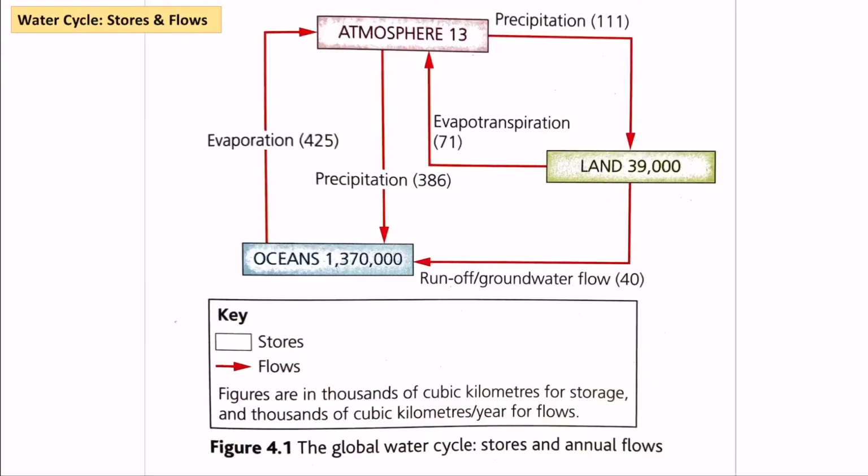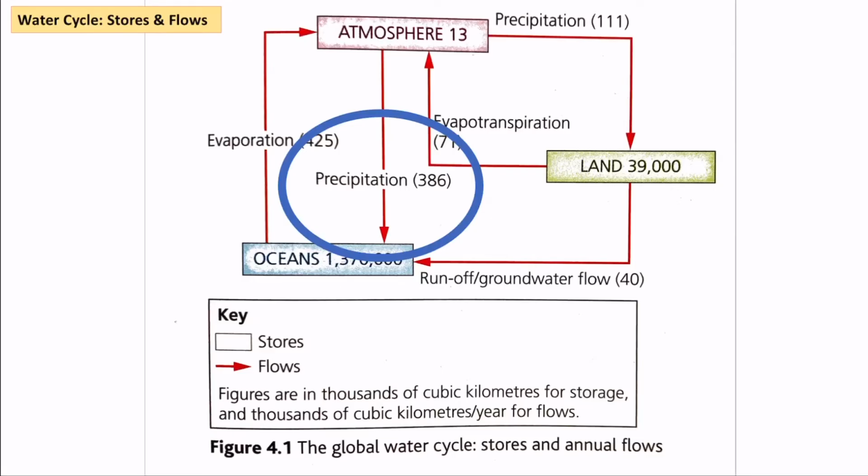Here's a more simplified version of the water cycle. These areas, the oceans, atmosphere and land here, these are our stores. So this is what we've just looked at. And these red lines in between are the flows, or what we might call processes. So what we can see here, oceans again store the most water. We already knew that. But in terms of the flows, evaporation and precipitation are the major flows between the different